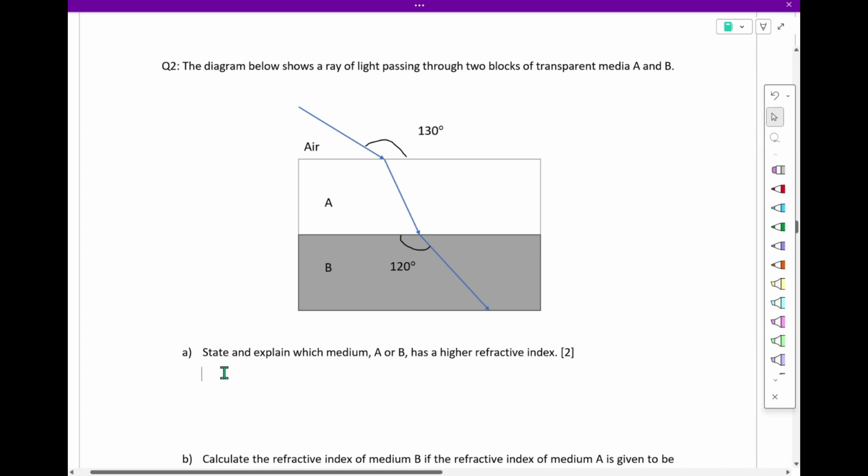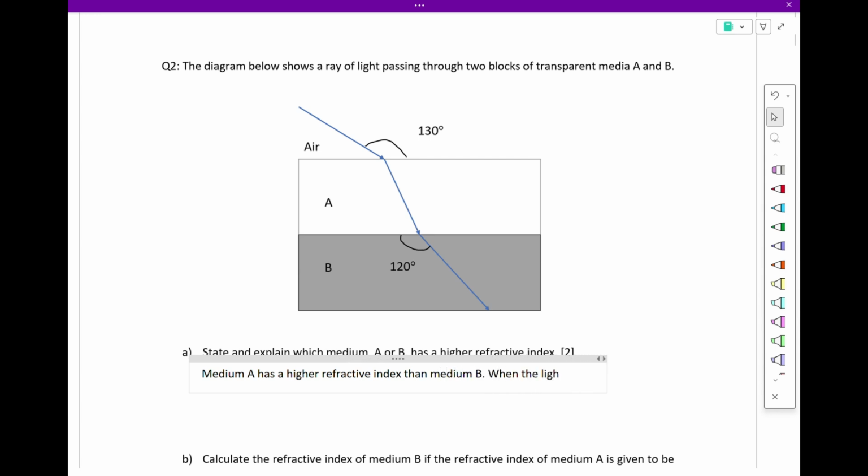Remember, higher refractive index means you're optically denser. So medium A has a higher refractive index than medium B. Why? When the light ray, so you can see every time we want to explain refraction itself, there's only one explanation or one format. When the light ray travels from medium A to medium B,